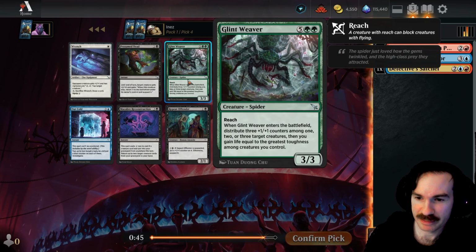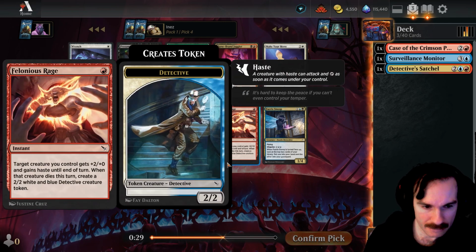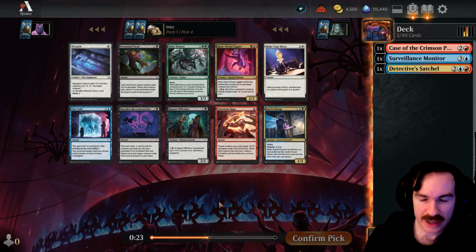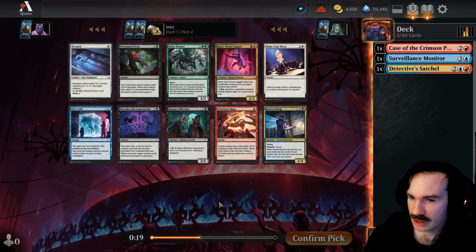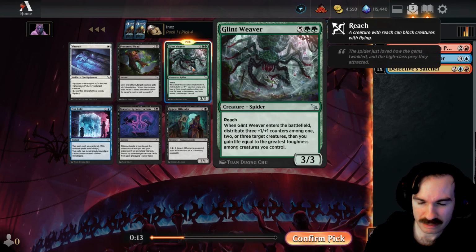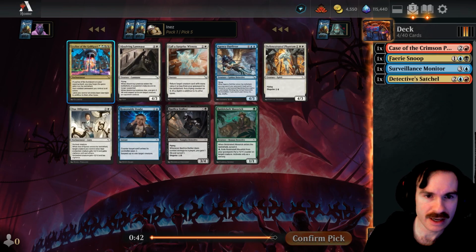This Glint Weaver is really good. Gain a bunch of life. On color, we could take the Snoop, which is a good card too. It's pretty clunky, but it's a flyer. You get some card advantage out of it. Otherwise, Felonious Rage, not bad. I kind of like the multicolored decks. Green lets you splash a little bit easier. Although I don't know what color we're splashing at this point. I'm just going to take Glint Weaver. It's more exciting than Fairy Snoop. It's a fun card. It's a card you can play late, and it kind of builds you right back into the game. Green lets you play multicolor. I mean, maybe the safe pick is just the Snoop. I guess so. It's just less exciting, but...